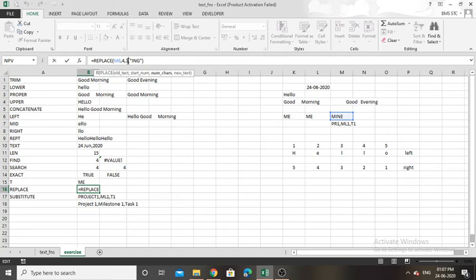So 1 as number of characters, then I have to pass with what term you have to replace. So it is ing. So this formula means that in M6 from the 4th index I just need to remove one letter from that M6 and place this ing in that position.